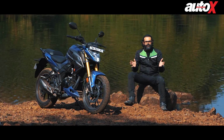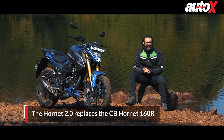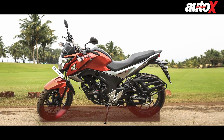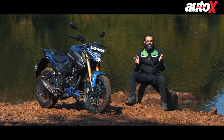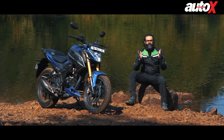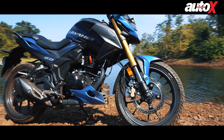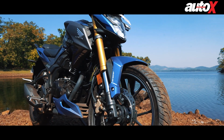Up until 2 years back, Honda had as many as 4 products in the 150 to 160cc space: the Unicorn, the Unicorn 160, the X-Blade, and the CB Hornet 160R. The Unicorn 160 never really garnered the right kind of market sentiment, forcing Honda to pull the plug on it. That left the Unicorn and the X-Blade, with the latter securing the premium category. All of this allowed Honda to position the Hornet 2.0 a notch above the 160cc class and at close quarters